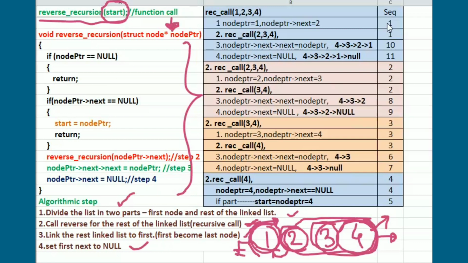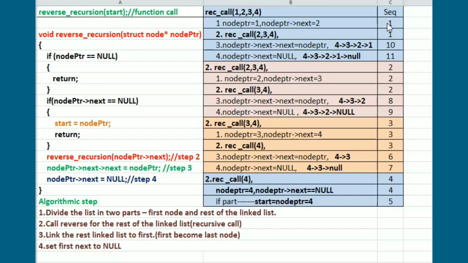Now here node ptr is there. At node ptr you will get the start of your linked list. Here we will first check whether your linked list is empty or not. If your linked list is empty, in that case we will just return. The second case is that your linked list has only a single element, that is, node ptr next equal to null. In that case, whatever the starting point is, that remains the same even after reversing. So for that, we just set start equal to node ptr and return. Now in the third case, there are three steps given.